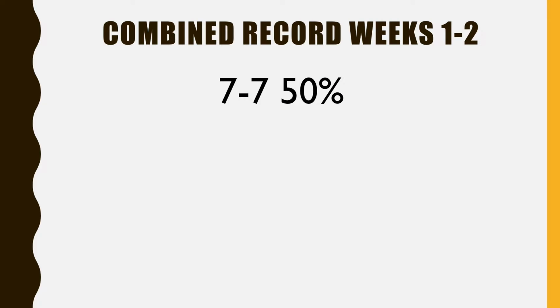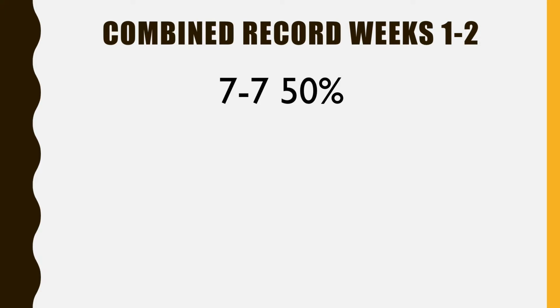7-7, 50%. Now, if you're watching this video, you say, well, 7-7, that's only 50%. I'm not that impressed. Well, the point is there was no handicapping. We did absolutely no handicapping. We just implemented 2 rules, and we were able to get to 50%. There are stat models that people come up with, or even good handicappers that can't get to 50% in NFL. So just implementing 2 simple rules with no handicapping whatsoever, we get to 50%. That is impressive. And it's all predicated on fading the public at a high number.